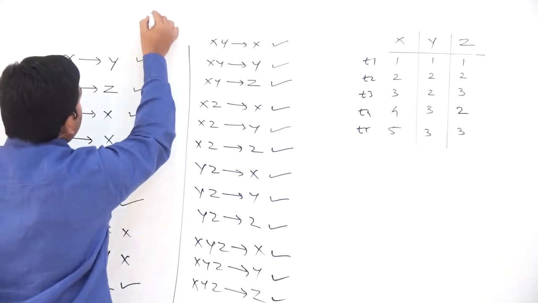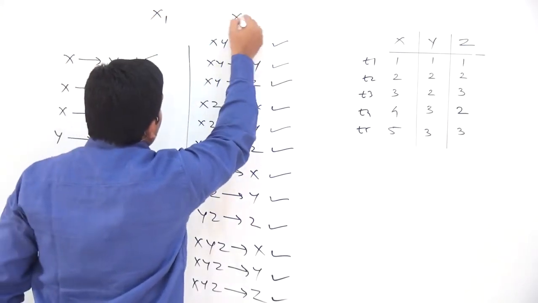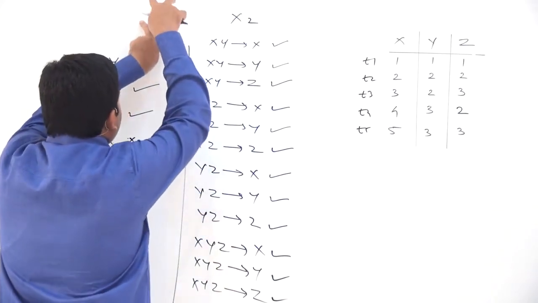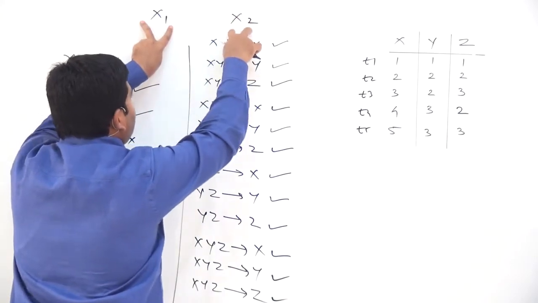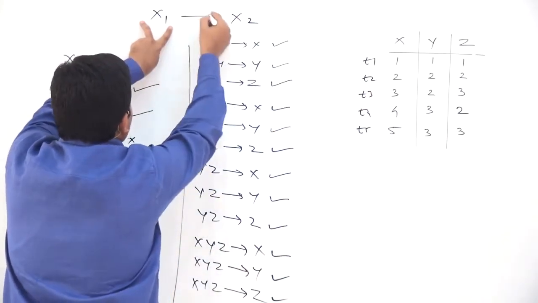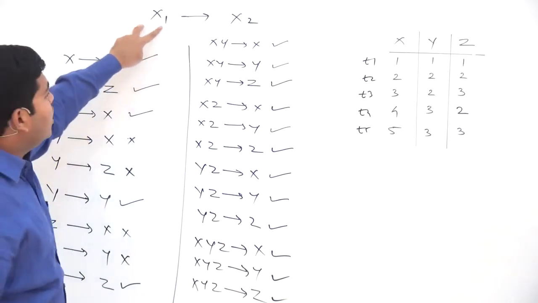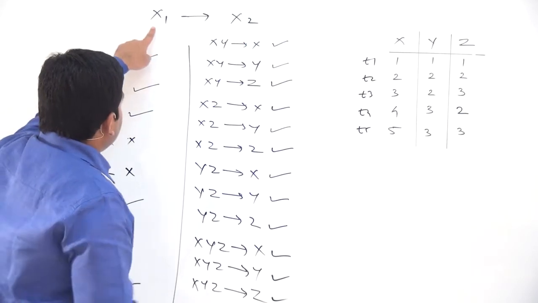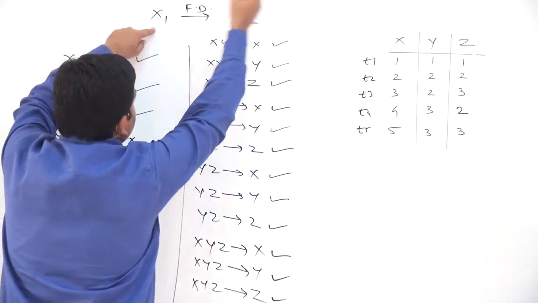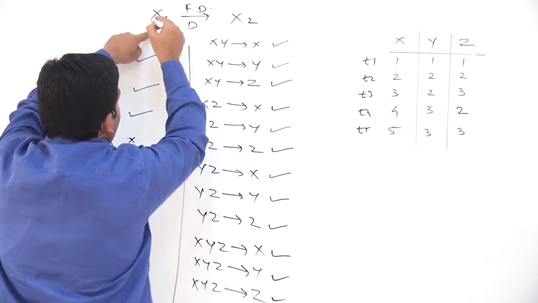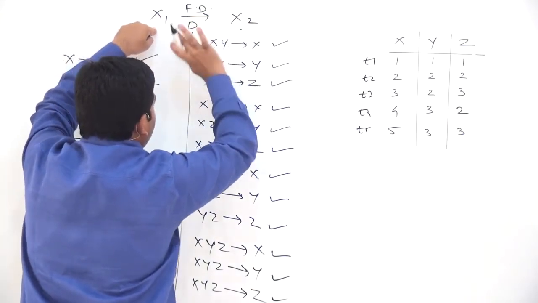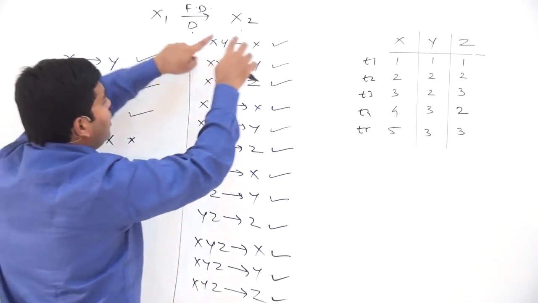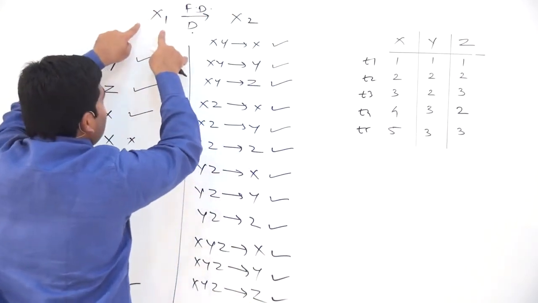Whenever you have a set of attributes x1 and another set of attributes x2, and from the values of all the attributes in x1 you can determine the values of all the attributes in x2, then we say that x1 gives x2, and it is called a functional dependency. You should read it as x1 functionally determines x2, or x1 determines x2, or simply determines, or you can also say that x2 is dependent upon x1, or x2 is functionally dependent upon x1.